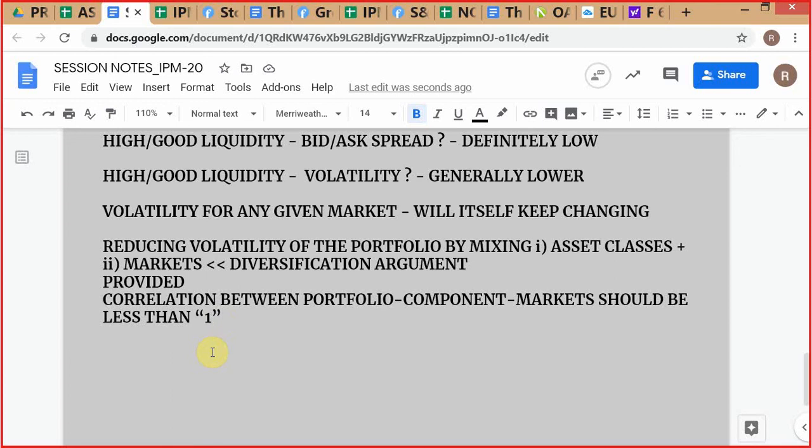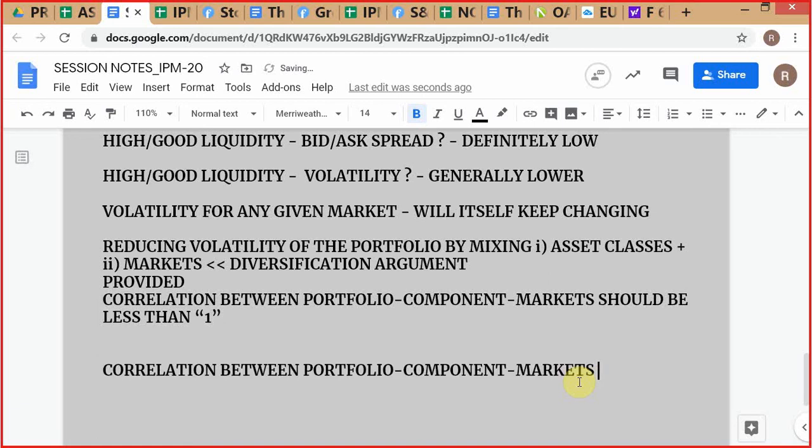Sir, is there a good ratio for this also? Because when I calculated, it came out to be between 0.15 to 0.2 or 0.3. Which ratio? Correlation between different components. Again, the correlation between portfolio component markets also